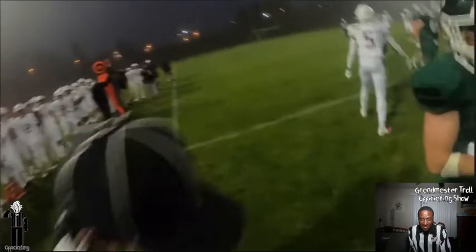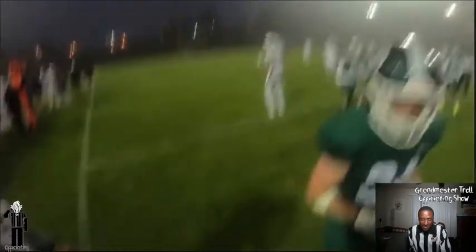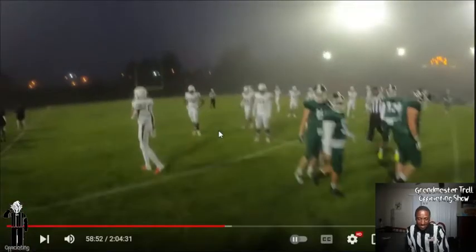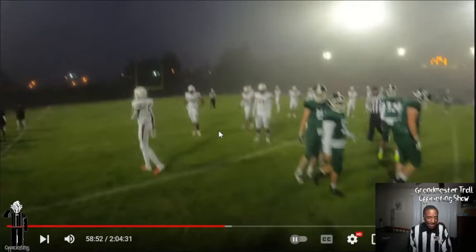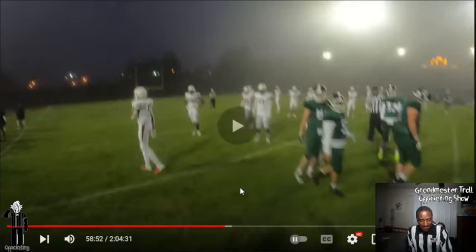The receiver stepped out of bounds and caught the ball. Get out of bounds. Yep. What's the clock, sir? So I told him illegal touch just so he knows what the penalty was, because I'm gonna go tell the white hat, and the coach on that sideline is gonna be on him for an answer about what's the penalty. So I'm gonna go tell the white hat.